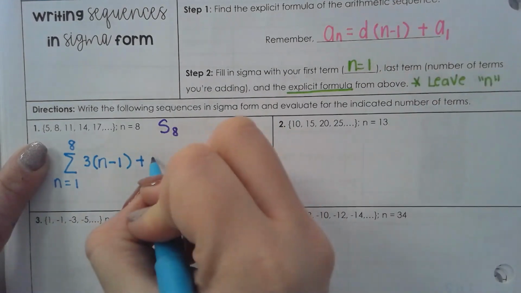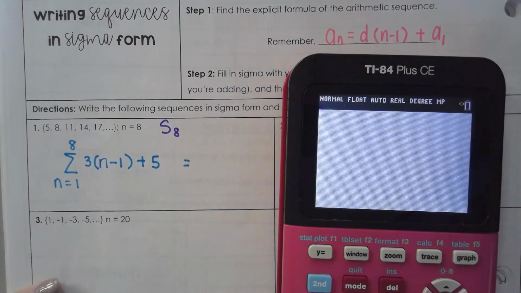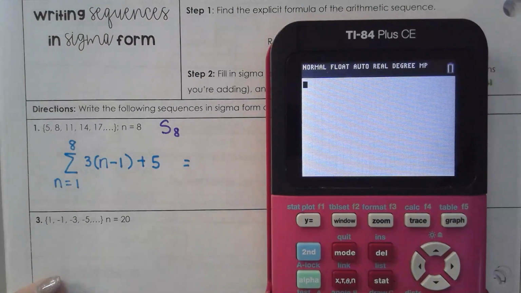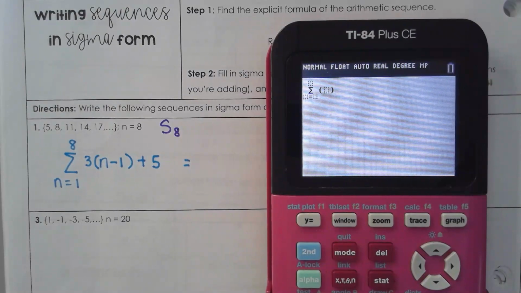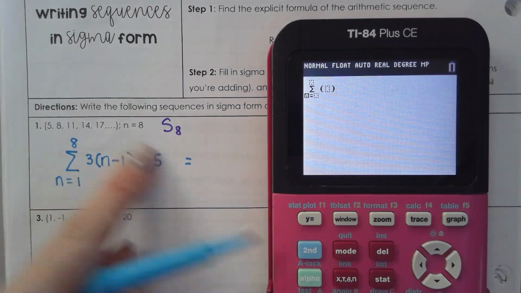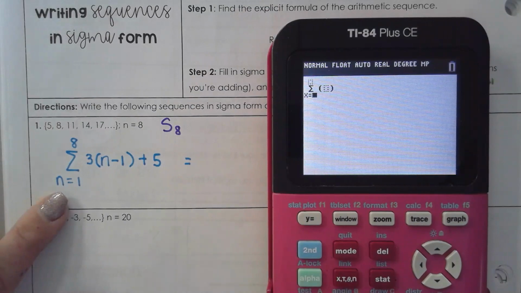Good. And we just type that in. So math 0 gives us sigma. Yep. You just had to come up and put the formula in. So x equals